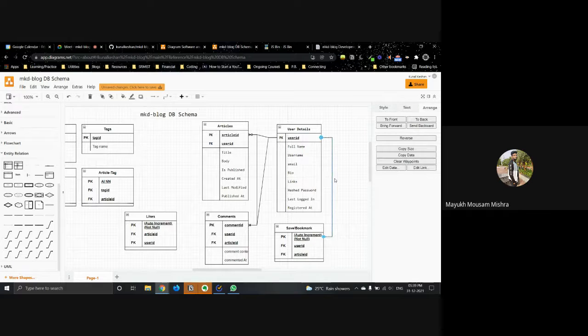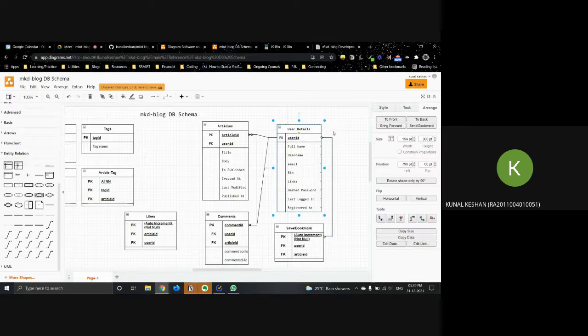Yes, it does. But I think if we look only from the user's perspective, if we save the user details, then we can have all the details of the article saved by that user, right? I'm not sure, I'm just brainstorming. Yes, you're right, we can do that in this also.